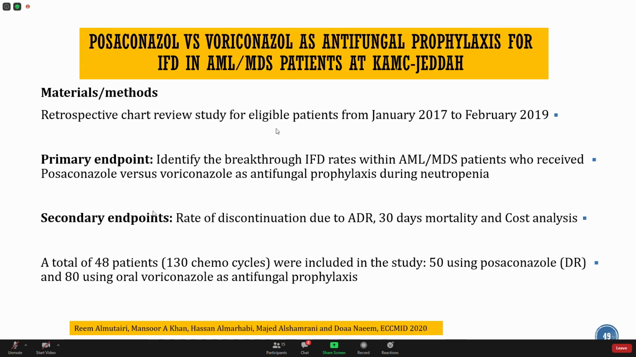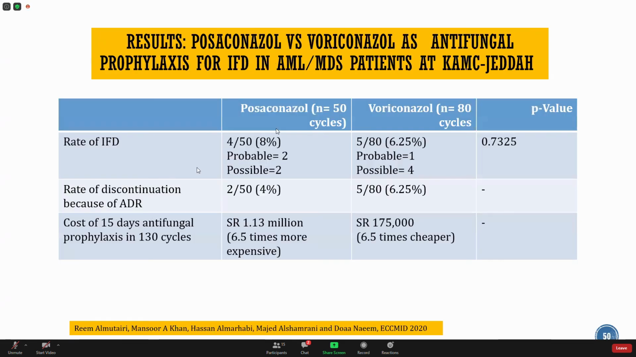Still, posaconazole is a category 1 recommended prevention option in the NCCN guideline. Have a look at the results. The rate of infectious disease was 8% in the posaconazole arm, and it was 6% in the voriconazole arm. The p-value was not significant. The rate of discontinuation was slightly more with voriconazole, but have a look at